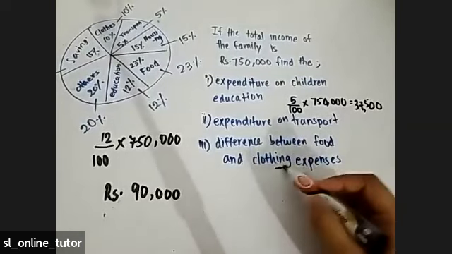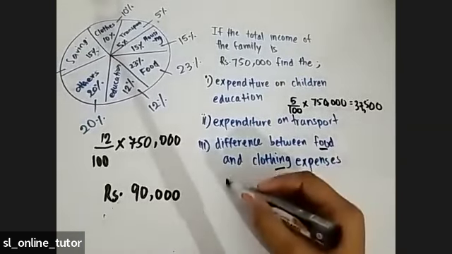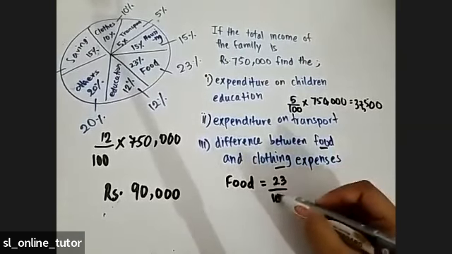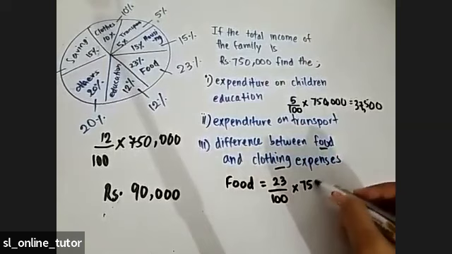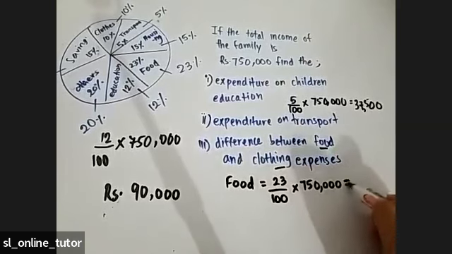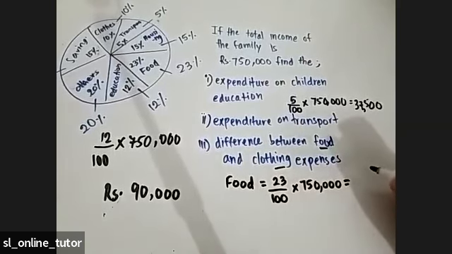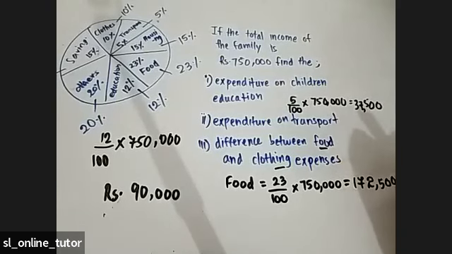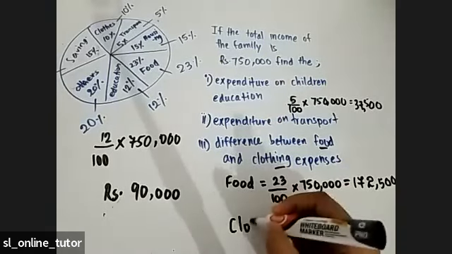Difference between clothing and food expense. So if we find for food, first of all, food is 23%. 23 upon 100 into 750,000. How much did you get? 23 times 75. 172,500 rupees. Then for clothing,